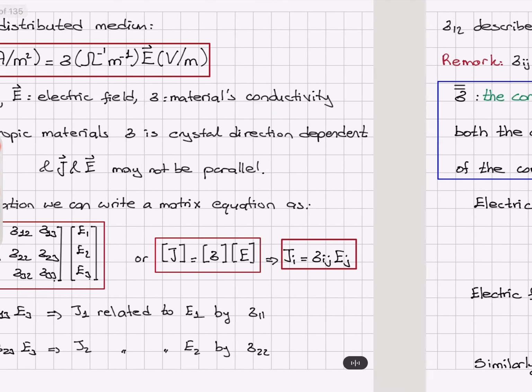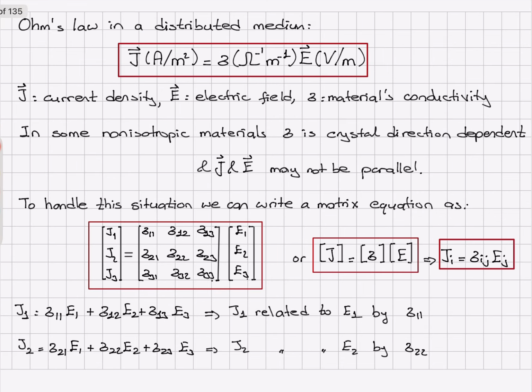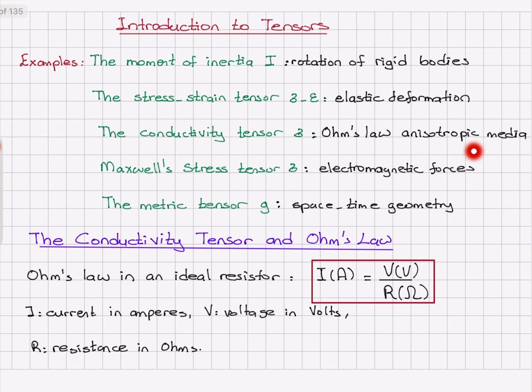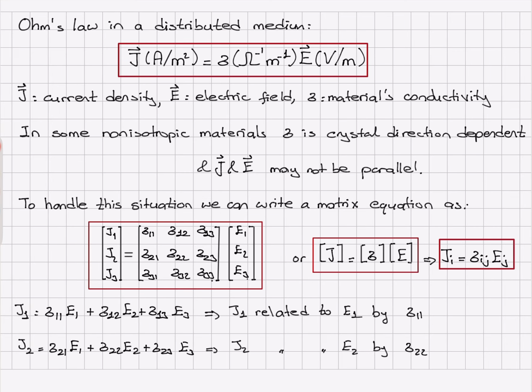Okay, so we have introduced the concept of tensors, which are used very frequently in physics. We have many examples, and one of the examples is the conductivity tensor, which is to describe the current density due to an applied electric field in an anisotropic medium. So that means there is a direction dependence for the current. In a discrete circuit element, we have V is equal to IR. That's Ohm's law, but in a distributed medium, J is equal to sigma times E,